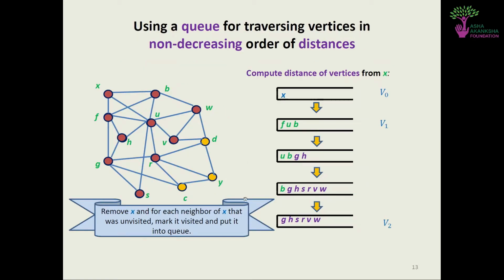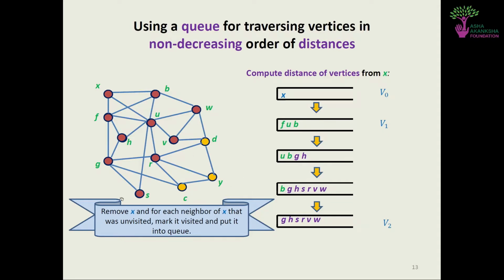So if we just expand upon this example, we have G, H, V, S, R, W. So I think C, Y, and D are the only remaining. So you can imagine that when we encounter G, C will be added. Then when we encounter H, nothing more will be added. Then when we encounter S, nothing more will be added. When we encounter R, both D and Y will be added, and all of C, Y, and D will belong to the set V3 and have distance 3.